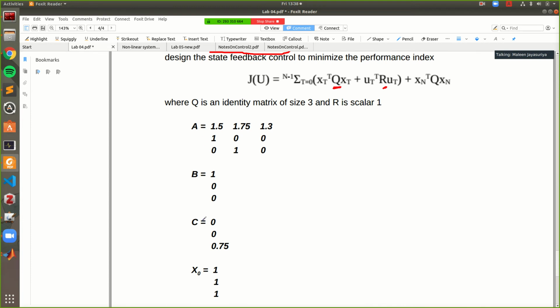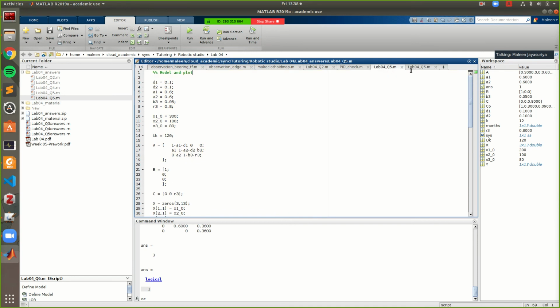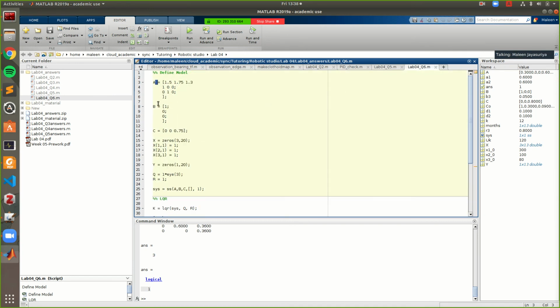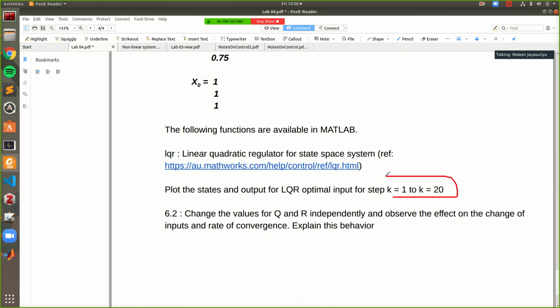First you determine A, B, and C matrices. So in Q6, you just write down what your A matrix, your B matrix, and C matrix is. You also mention that we're going to look at 20 steps.